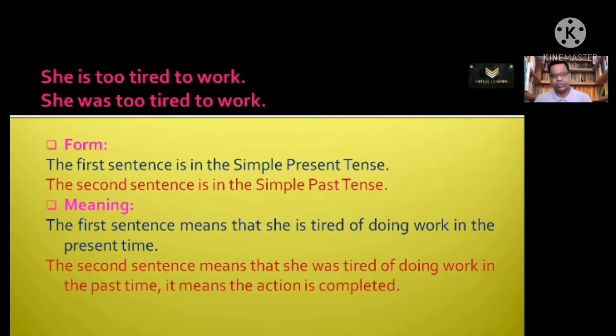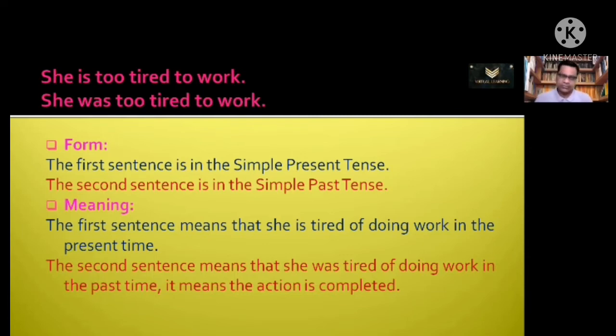You can easily make out. In the first sentence, you have is. As you know, am, is, are used in the present tense, and was, were are used in the past tense. In the case of the second sentence, we have used was there. And that's why second sentence is in the simple past tense. Now you see how the meaning is getting changed when the tense or the form of the sentences